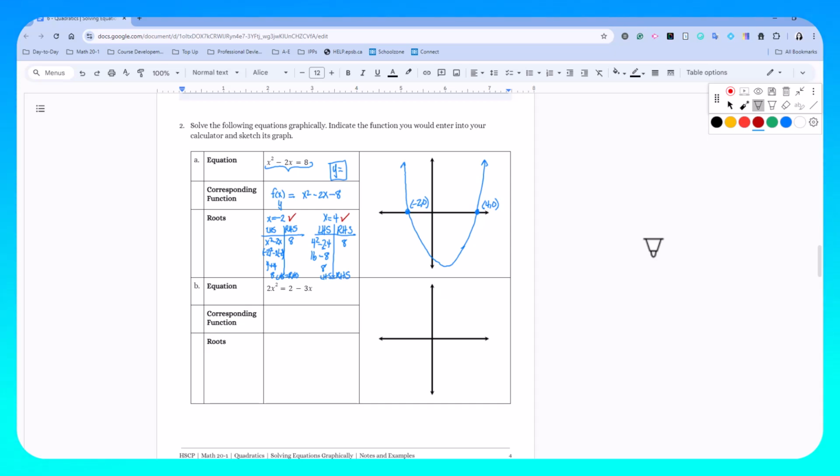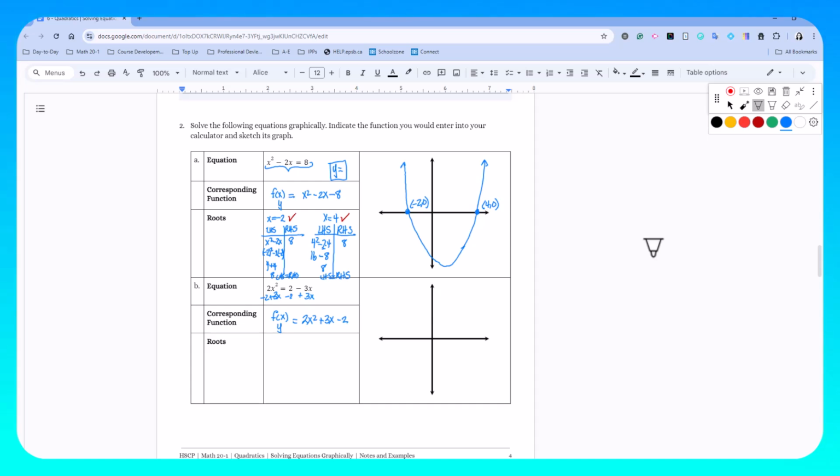Now let's go ahead and look at the next one. The next one here, we have 2x squared equals 2x minus 3x. Same thing. We're going to get everything to one side. So the function we would put in our calculator is f of x or y equals 2x squared plus 3x. I'm going to put it in descending order. So when I add the 3x here, I'm going to add it here as well and subtract the 2 here and subtract it here. So I'm going to subtract it from both sides. So this is going to give me